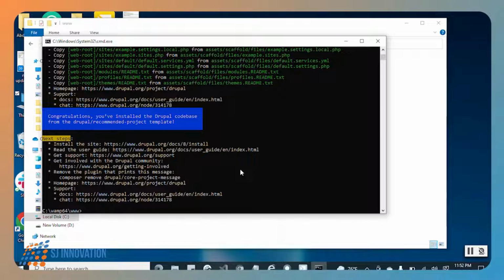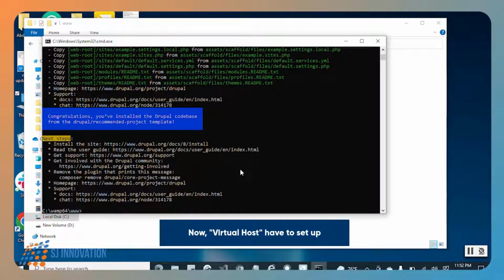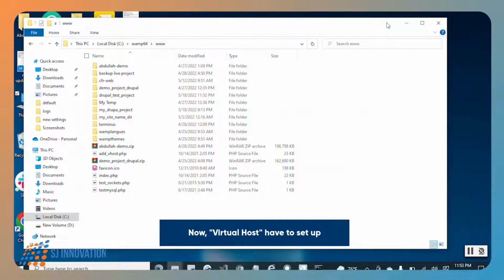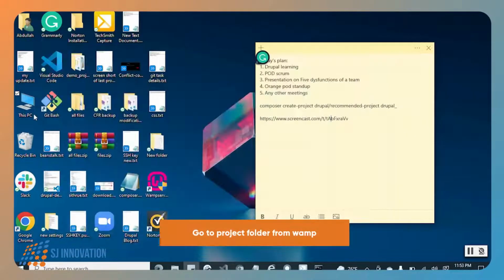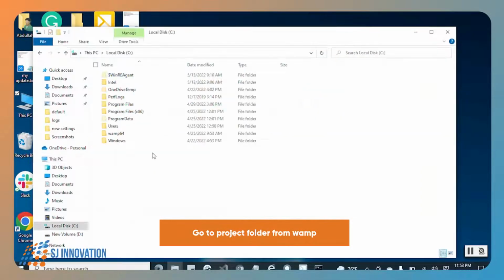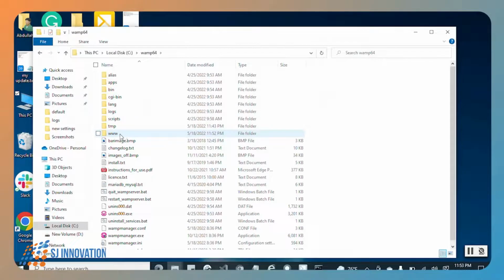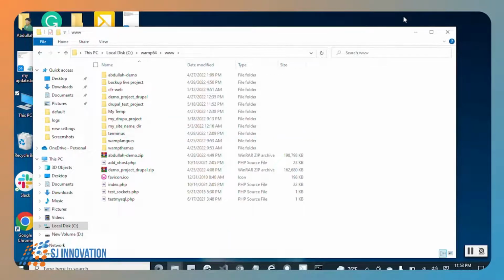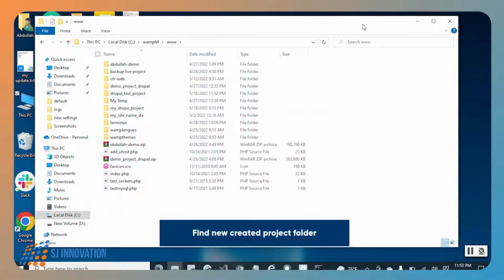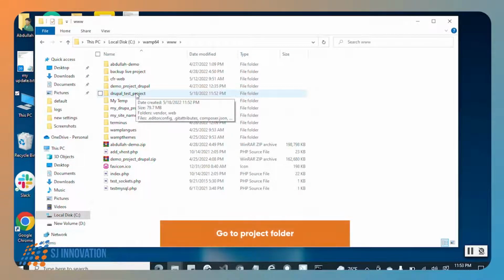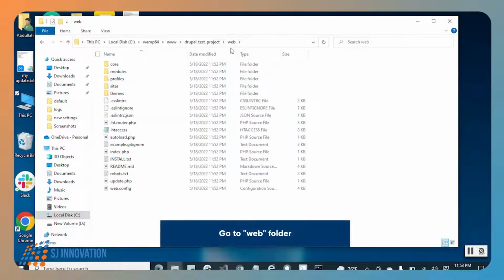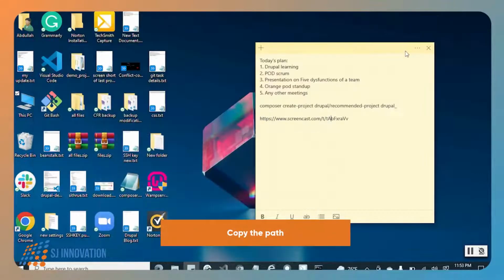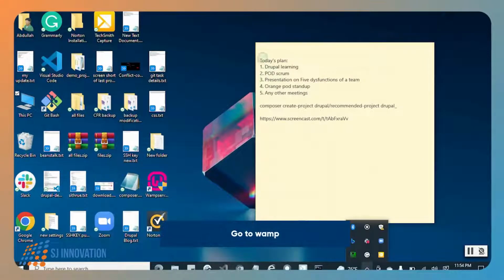Now we need to set our virtual host. Now I will go to my project which I just installed. Then again WAMP64, www. Inside the www folder I will find my project. This is my project. Now I will click this project and the web directory. I'll copy the path. Now I'll go to my WAMP,